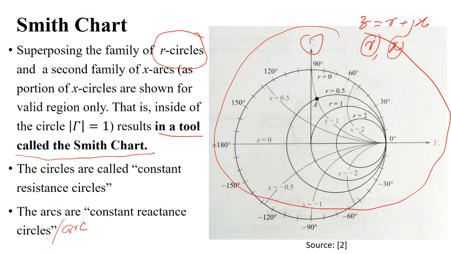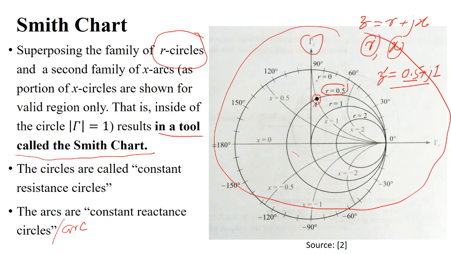For example, if you have some normalized load, here we have shown a normalized load with R equal to 0.5 and X equal to 1, so it will be plus j1. This is a normalized line impedance. Here we first find the circle with R equal to 0.5. This is the point 0.5, and there is a circle for R equal to 0.5. And here the reactance is X equal to 1. This is the arc here. They are intersecting at this point here.